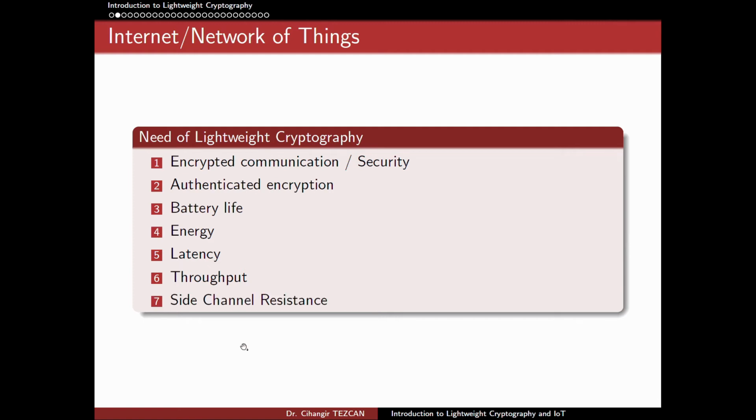Last but not least, we need lightweight cryptography because we need side channel resistance. This is very important, and this is actually maybe the most important thing for the IoT devices, because in the general setting for encryption devices and so on, our cryptanalysis effort only focuses on the algorithm. We assume that the attacker doesn't have much control over the device. But when we are working with small devices, like the devices that we use in IoT, attackers sometimes may get